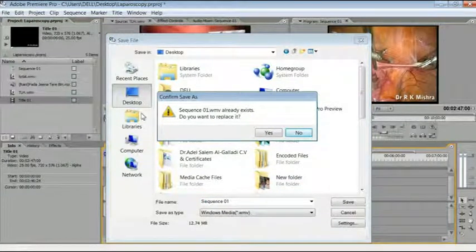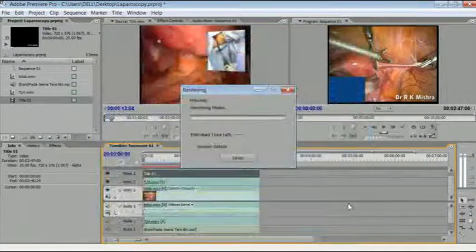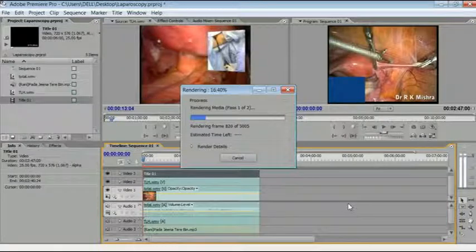It is asking that already one sequence is there. Do you want to overwrite? I will say no, and I will make one sequence 2. I am giving the second name, and then again it is saved. Now it is encoding,